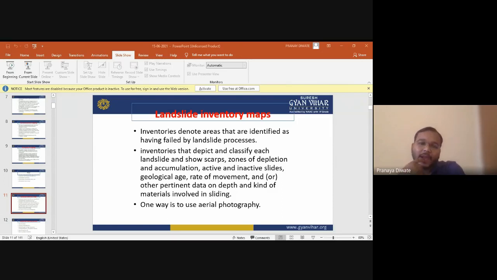Then you have both InSAR and LiDAR, which use active sensors emitting a pulse of energy and recording its return from the ground at the sensor. Most InSAR equipment is able to penetrate, so you get some of the data from the ground subsurface. You can also use different kinds of landslide instrumentation.